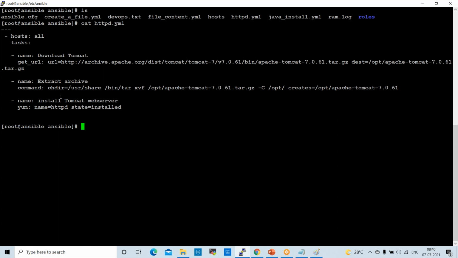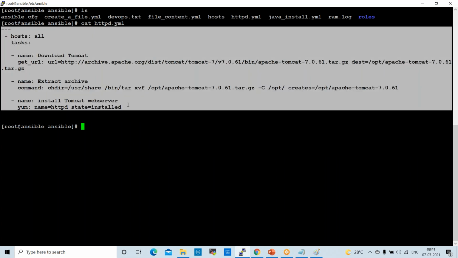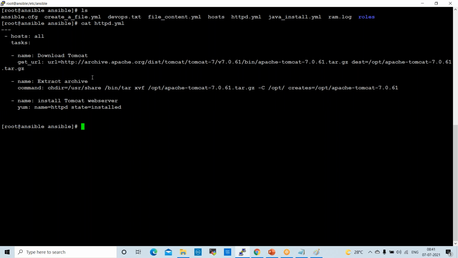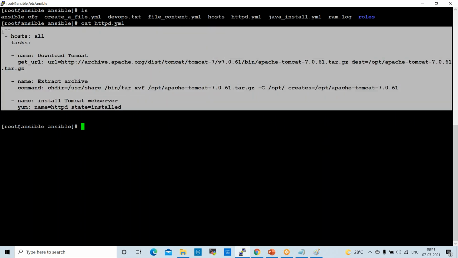Okay. So, sir, what about the last point, sir? How to use the sensitive data? Yeah, sensitive data means like this is sensitive data, right? Not only a playbook, any file you can convert into vaulting. Not only a playbook, any sensitive data. For example, you saved some passwords in one document, all the passwords. That document, that file, you can convert into vaulting. So sensitive data means you can protect any data.